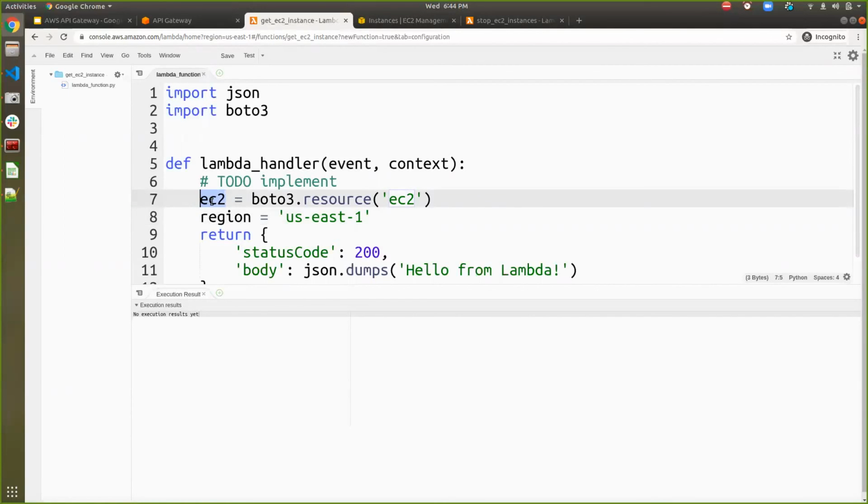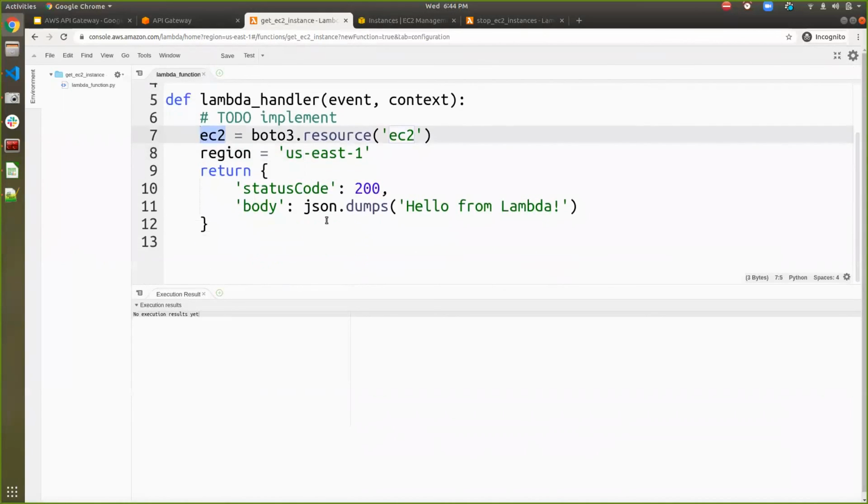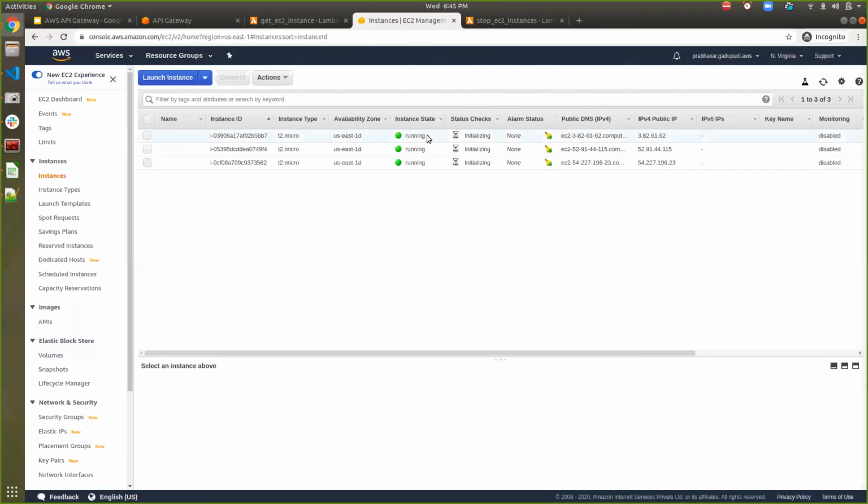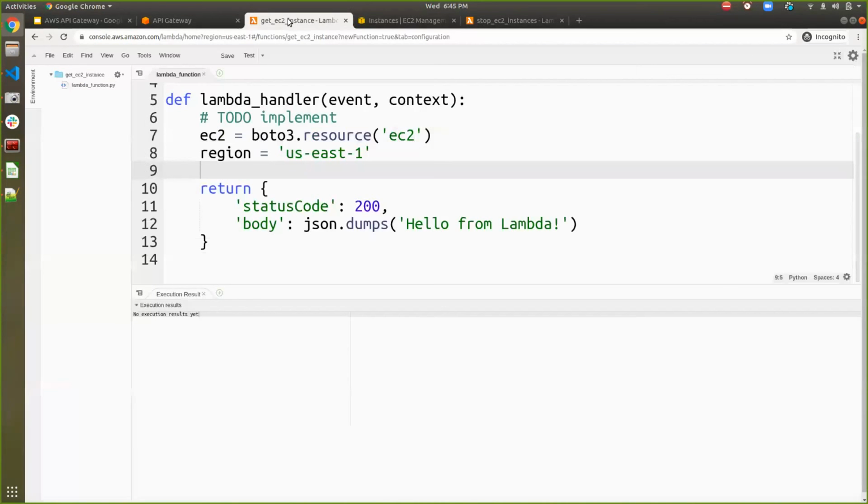Now I want to return all the EC2 instances, but it is a good idea to return only running instances instead of returning all the terminated and stopped instances. Here all the instances are running, and if you stop any one of the instances, it will still return all the instances. What I'm going to do is return only running instances.